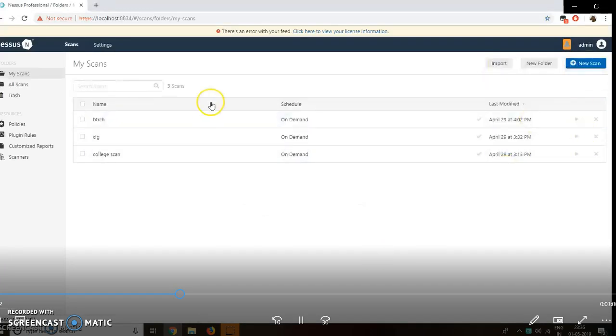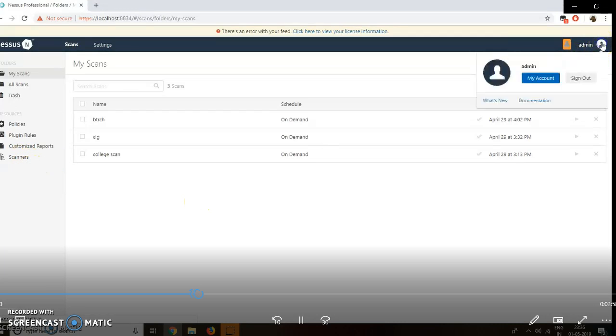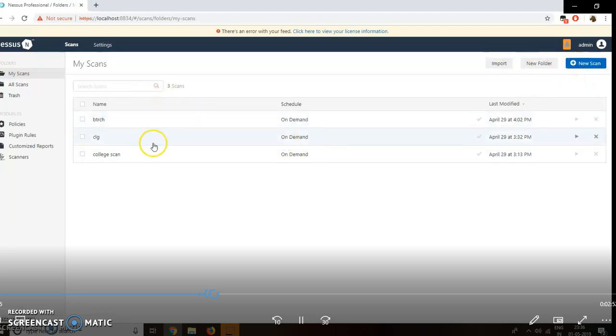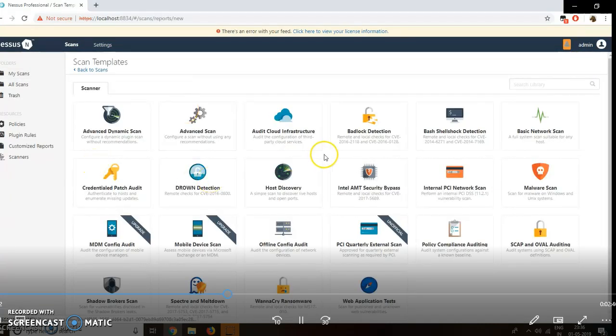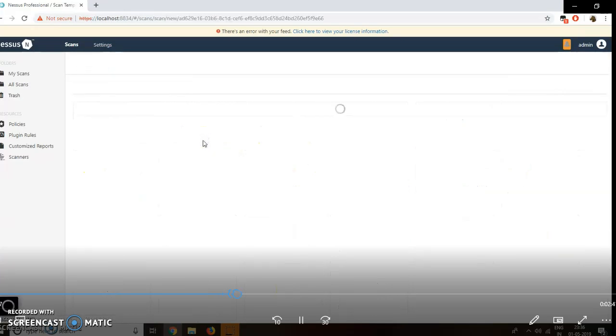it will open my account where you can see there are three files. The left window shows the complete details, and when you click on admin, it will show your admin details. You can use the new scanning option. Here you can see these three files I have uploaded. When you click on new scan, you can see there are so many options to choose the one which we need. So when you click on the advanced scan,